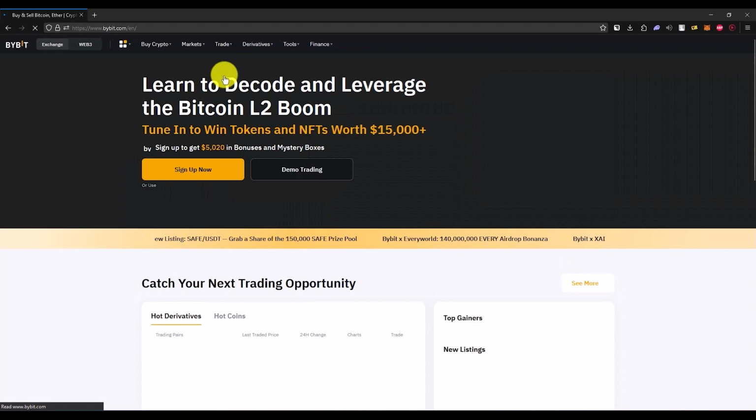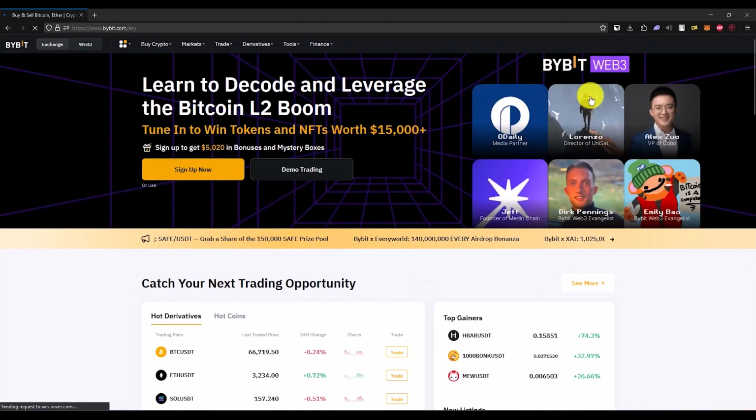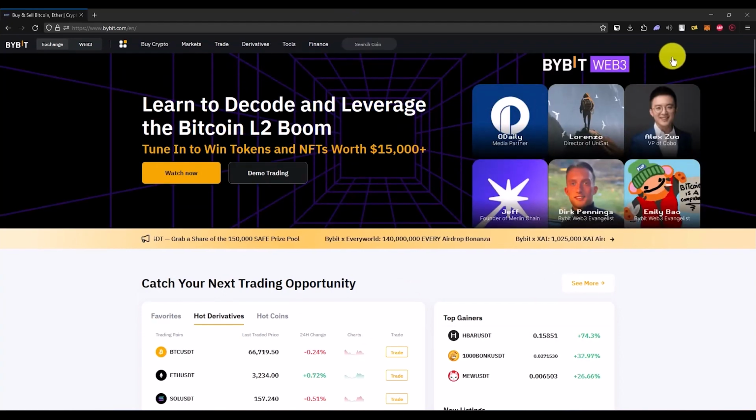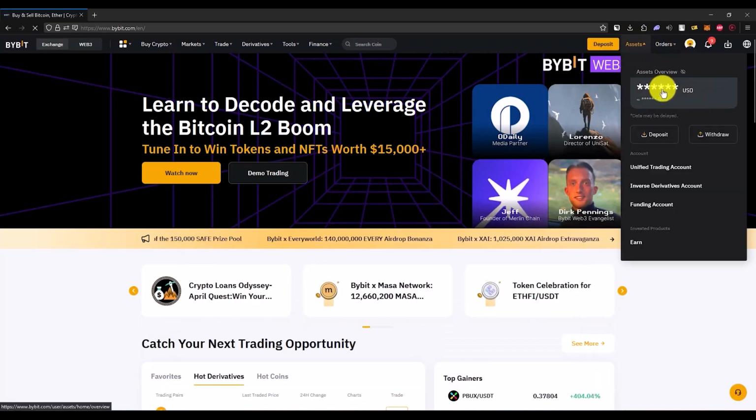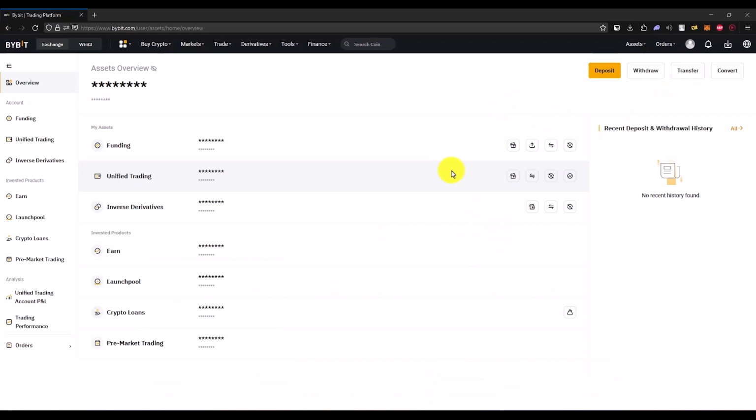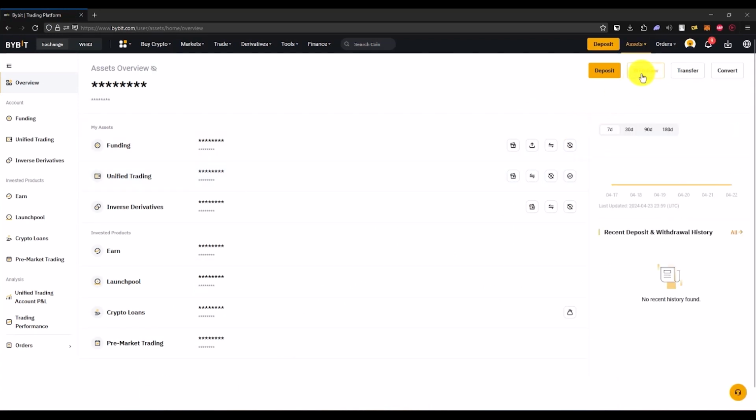Now log into your account in Bybit, and then after that just simply go to your asset section, which will be available right over here. Then click on your crypto. Now if you want to withdraw something, you will need the address of an exchange or a wallet. So if you click on withdraw over here,